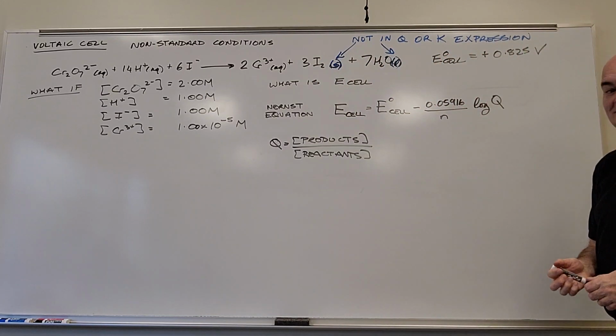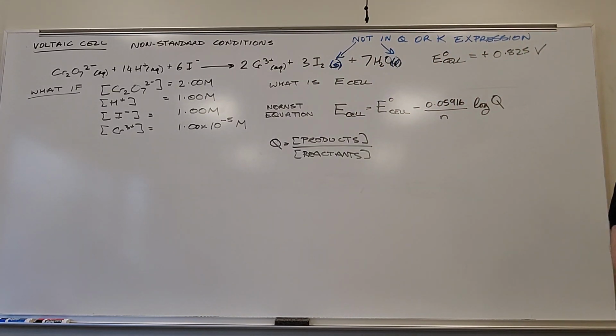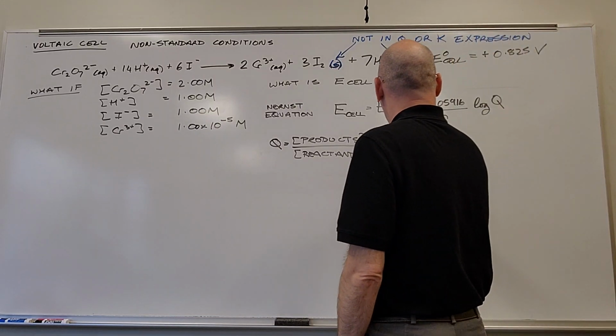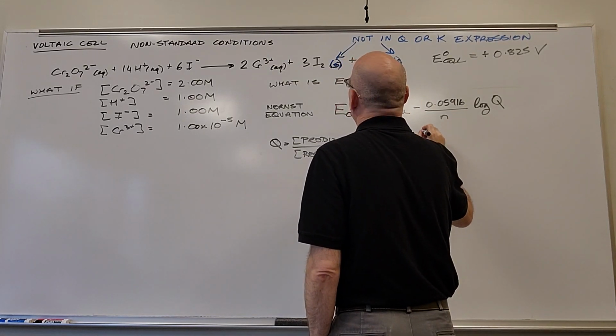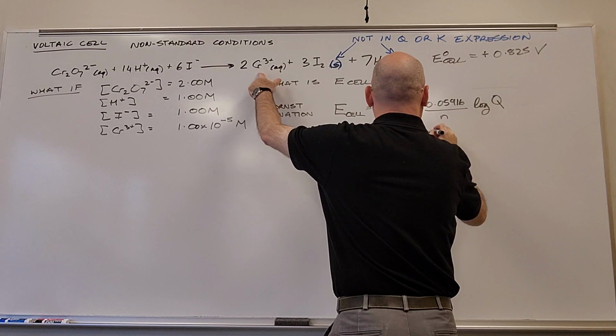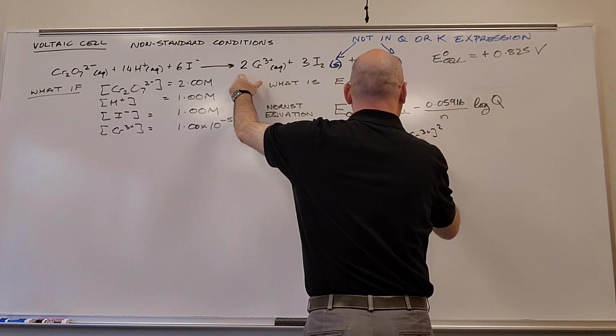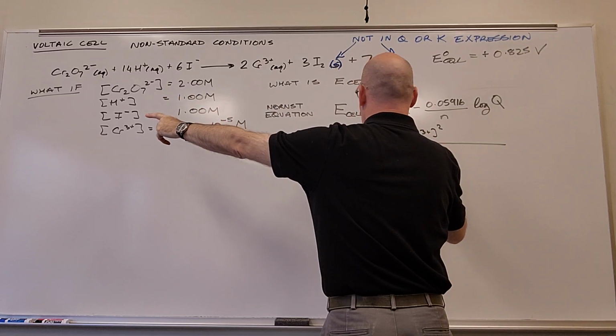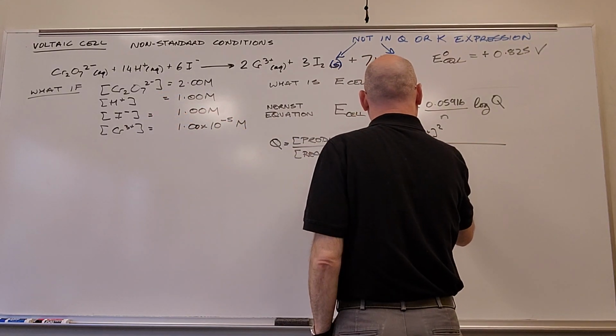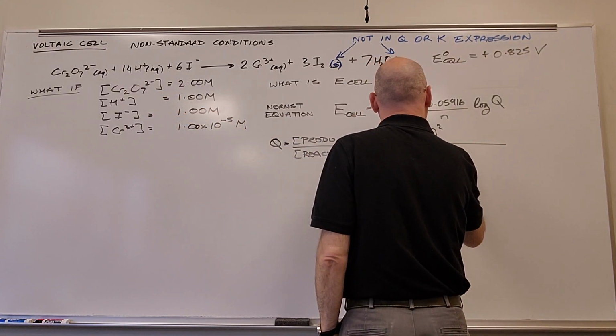I got 5 times 10 to the negative 11. Oh, you gave me a number. 5 times 10 to the negative what? 11. Yeah. Great. So the only product that we have is chromium 3 plus, and there's 2 of those. So that value is going to get squared. And then our reactants are dichromate